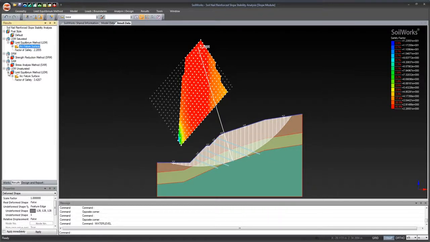But if I go to unsaturated, as you can see, the factor of safety is now 3.4. So essentially what this is telling me is that the presence of water greatly affects my factor of safety, up to the point where it goes from 2.2 to about 3.4. So obviously the slope is much more stable when there isn't water present. And for this particular